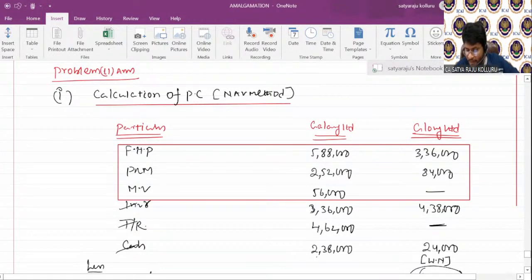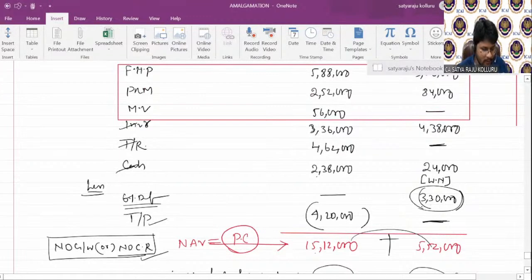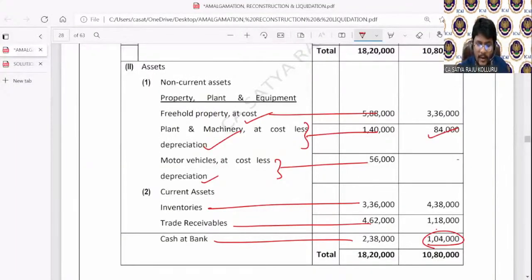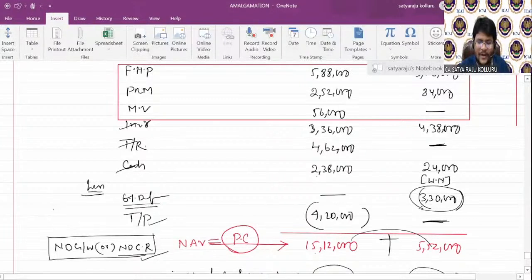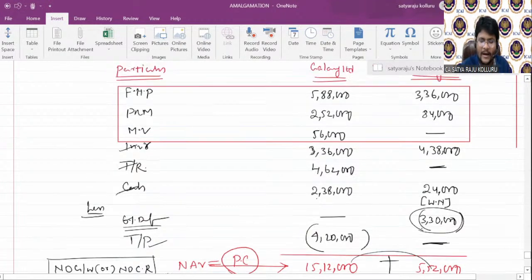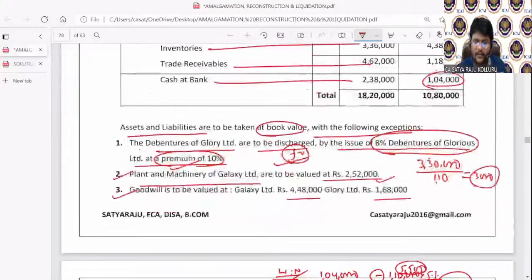Oh, in the question, goodwill is given for both the companies. Why we didn't take it? Sorry, I forgot. Really, I forgot. Then what you should do? Yes, you are correct, my dear. Goodwill was not considered by me. Even though the problem is tallied, that is the surprising fact. That's very simple. If you add goodwill, PC is more. Then when goodwill is added, share capital is also added. It's very simple. You can consider the goodwill. That's correct. I did not consider the goodwill. You're absolutely correct. So please consider the goodwill as well.